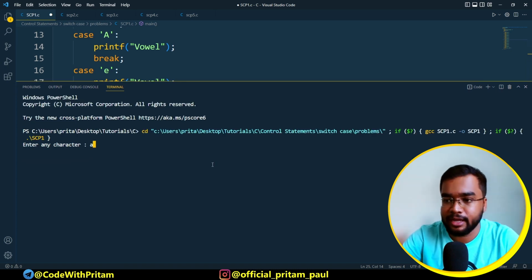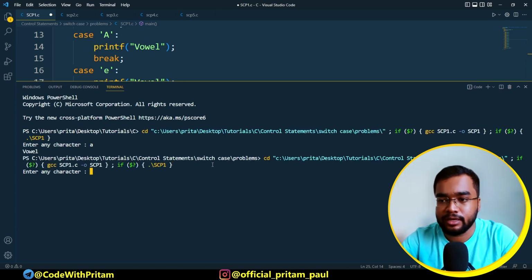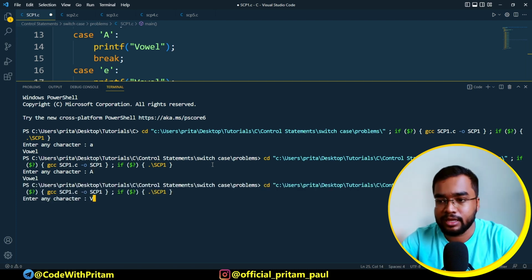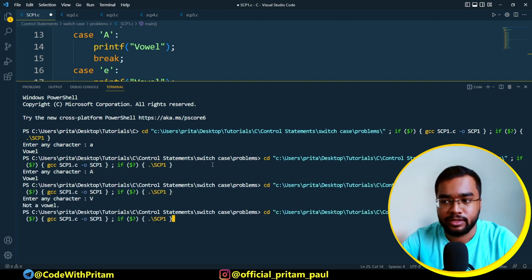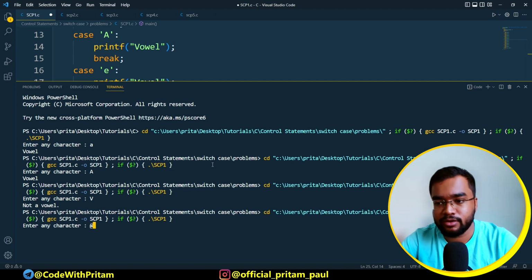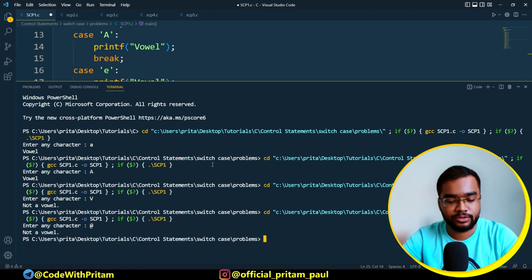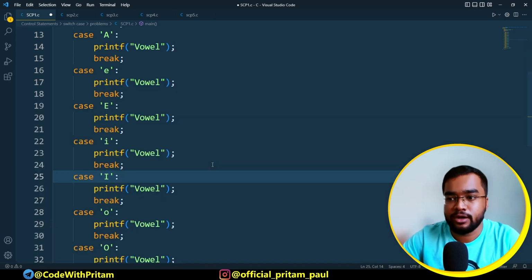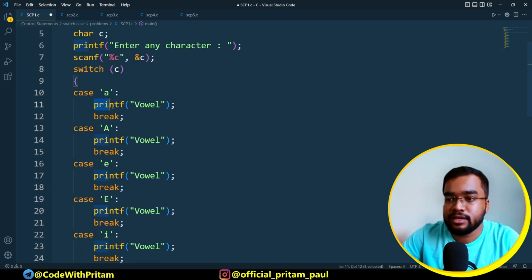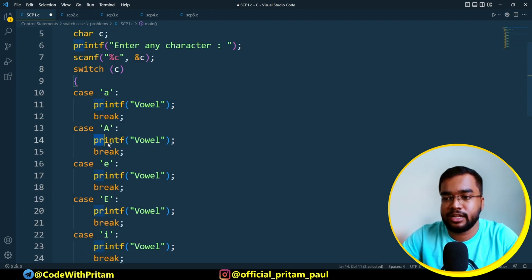So enter any character: A, vowel; then capital A, vowel; capital V, not a vowel. Okay, then if I go for something like @, not a vowel. So in this way we can do it. But now here you can see, if I just delete them,